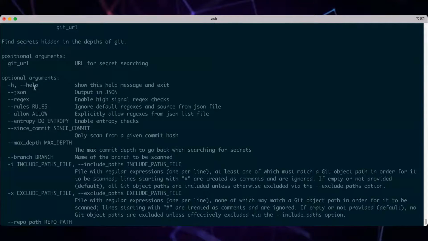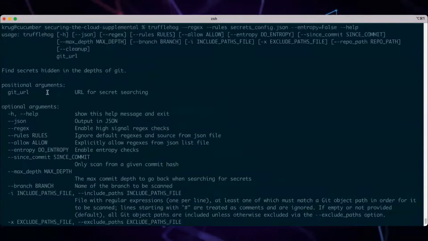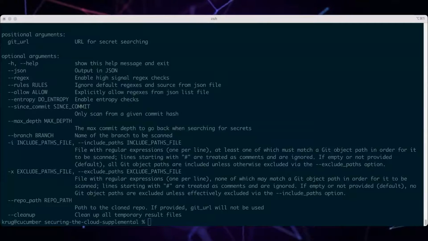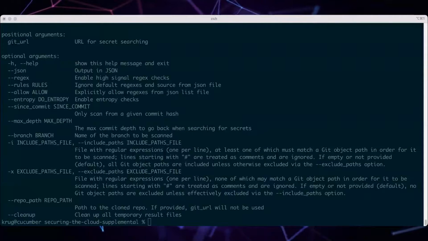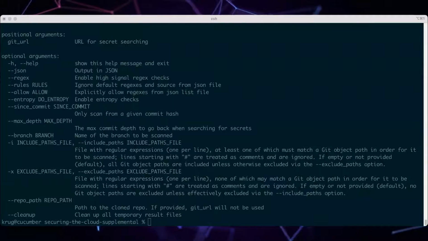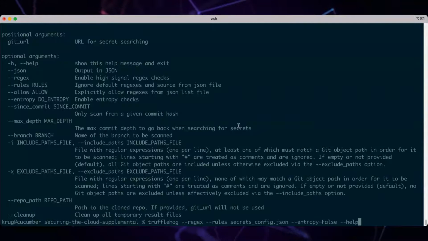Oh, it wants a Git URL. So it wants to actually clone the repository itself, which seems problematic because I want to run this locally. I think this might be a Python problem.